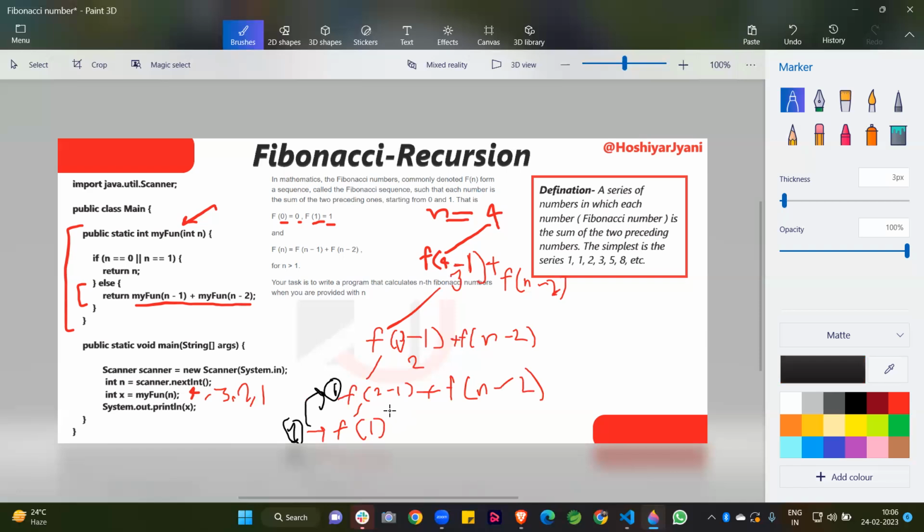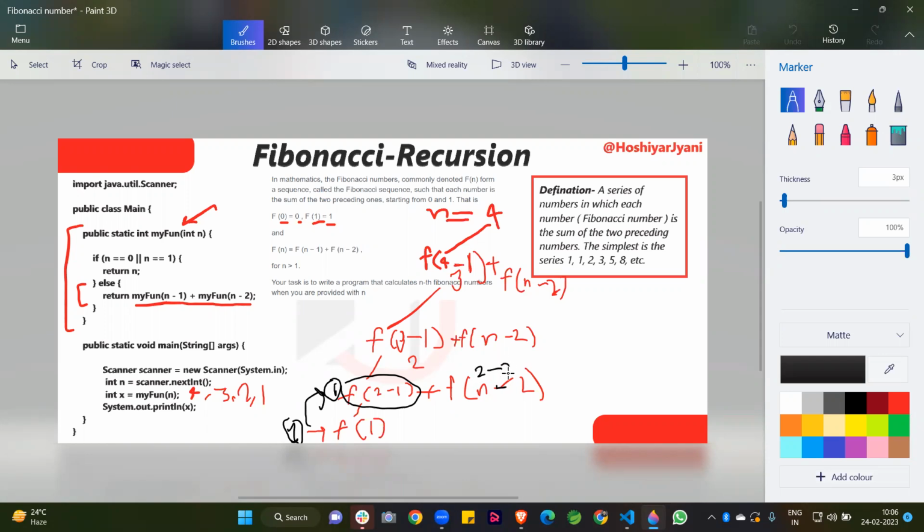So after that guys, we solve this function 2 minus 1. This is f of 1. After that, we add the n minus 2. So what is the value of n? We take the value of n from the top element. So at that top, what is the value of n here? Here the n value is 2, we know very well. So we write here 2.